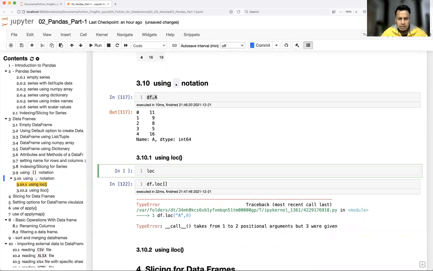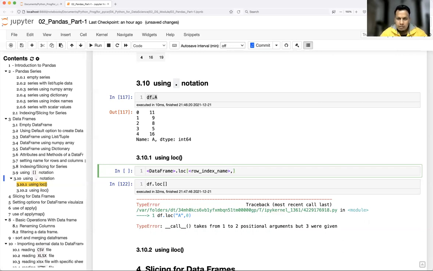So data frame dot loc, then bracket, and here comes the row header name, the row index name, because this is label based.